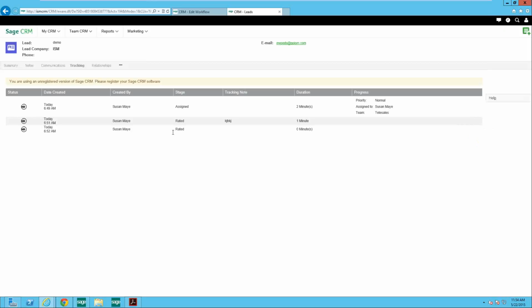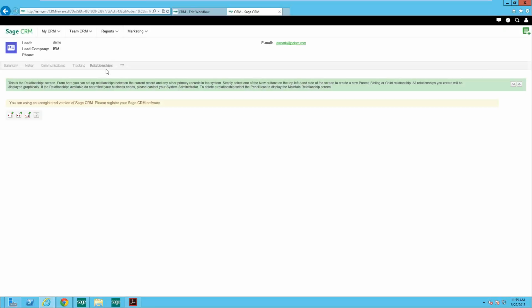So tracking, again, tracks where that's at. And then we have relationships. Relationships is an area that we can create. So for an example, if you went to a trade show and you're dealing with a corporate company, but that corporate company has a couple of sibling companies. So you end up talking to one of the sibling companies, and they said, yes, we're interested, but you're going to have to go through the main company. This is where we can create a